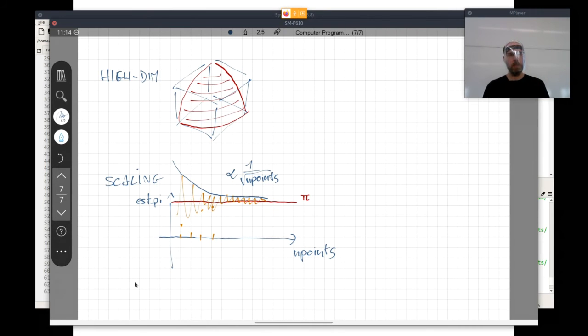Which means, of course, this scaling law, this is a proportionality sign, right? It's not an alpha, just to be clear. It means, of course, that if you want to increase the precision by a factor of 10, you need 100 times more points. You need to spend 100-fold time in doing the computation,